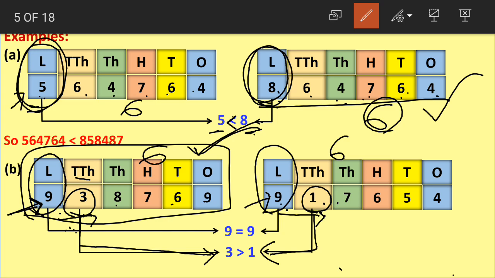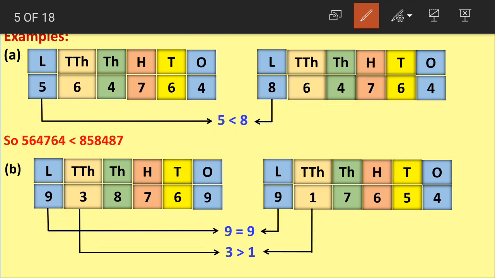What are we doing here? If we have different number of digits, the number with greater number of digits is the greatest number. But if we have the same number of digits, we start comparing the digits at the highest place values, that is on the extreme left. If both the digits are same, then we compare the next place values, and whichever digit is higher, then the whole number becomes the greatest number. Understood, children? 3 here is greater than 1, so this whole number becomes greater.